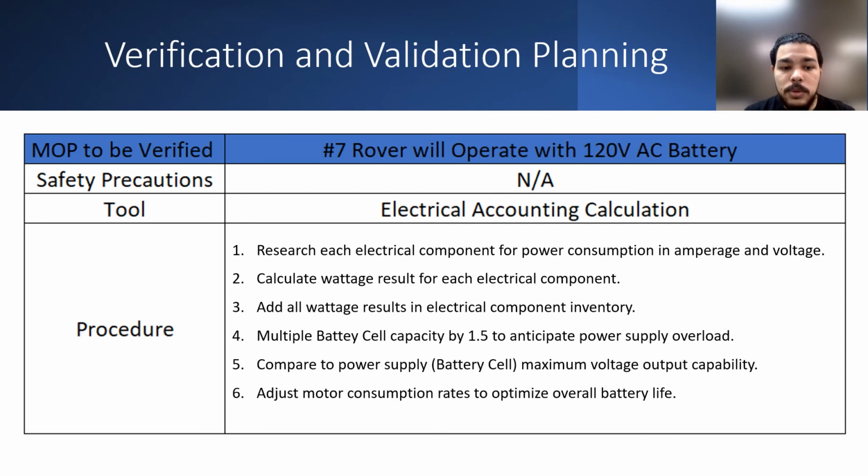And six would be to adjust motor consumption rates to optimize overall battery life. This is where essentially our control program comes into play, or at least the calibration of the PID controllers. Because with this, we can set the amount of speed that we want from the motors themselves, to then adjust whatever amperage or voltage usage this will take, and will affect the longevity, the life expectancy of our